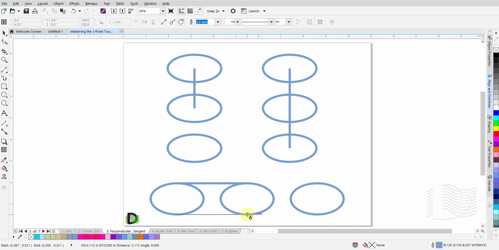Hover over the edge of the second drawing until you see the word Quadrant show. At this point, without releasing the left mouse button, press and hold the Control key. Continue extending the line until you reach the edge of the third drawing. Hover to the point where the word Quadrant appears next to your cursor. Release the left mouse button as well as the Control key.